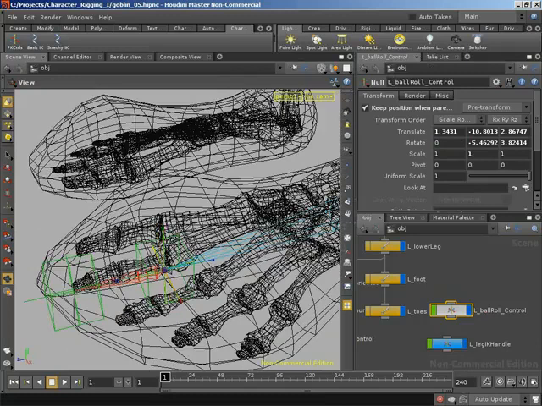Our toe roll control, we only want rotate in X, so I'm going to lock translates, scales, pivots, uniform scale, rotate Y, and rotate Z, and the same for the ball roll, so that's translates, rotate Y, rotate Z, scales, pivot, and uniform scale. So again, we now have that foot setup in place, and this foot setup will work